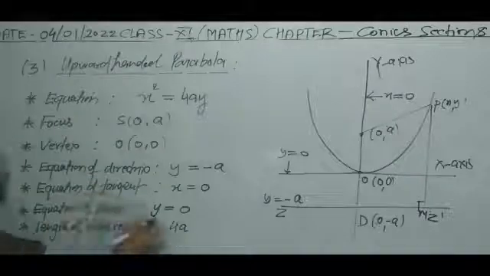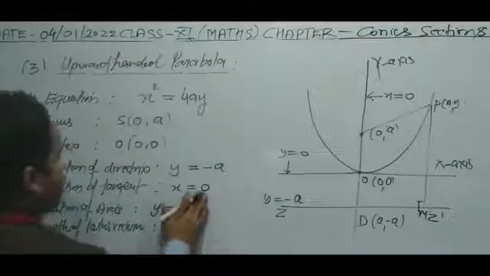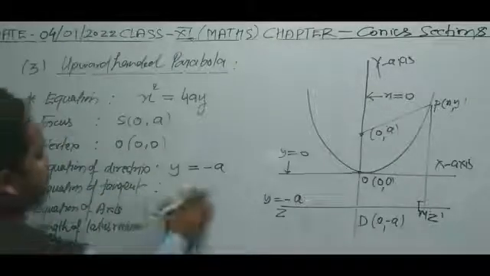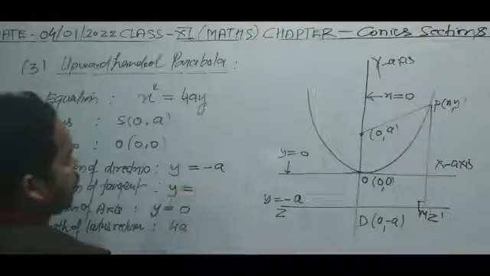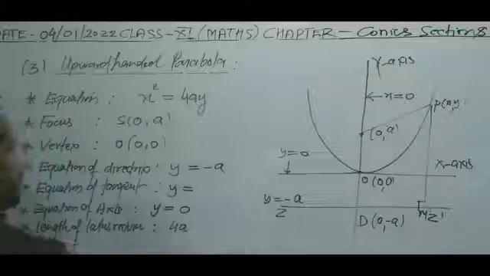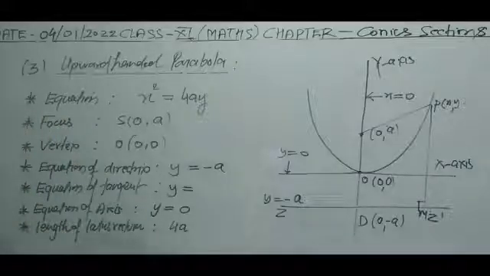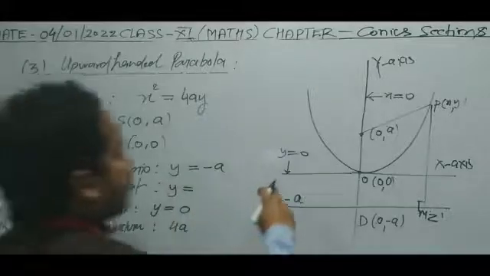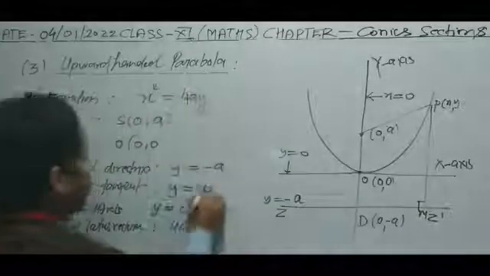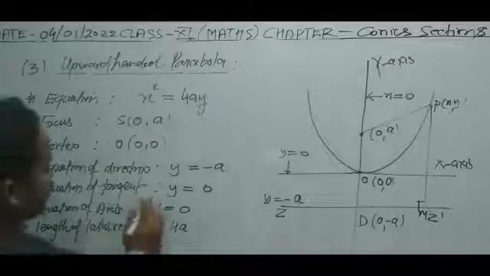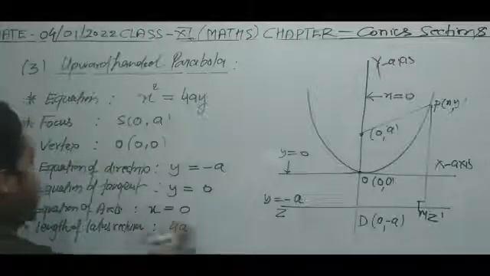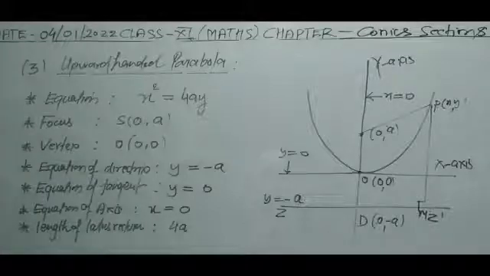And this line, means equation of tangent, will be this, here you will get y is equal to 0. Now equation of axis will be x is equal to 0, and length of latus rectum will be same. So see,